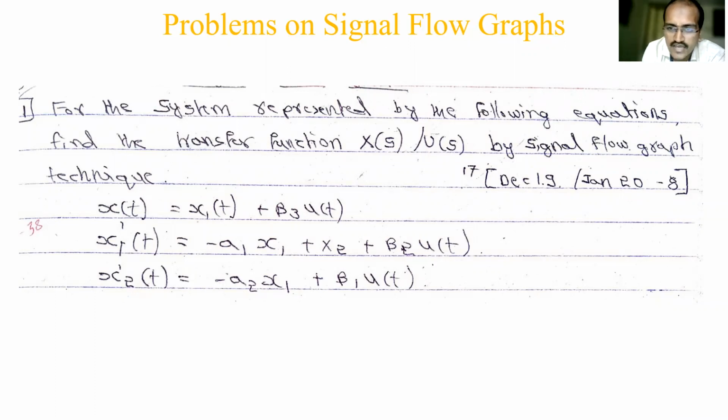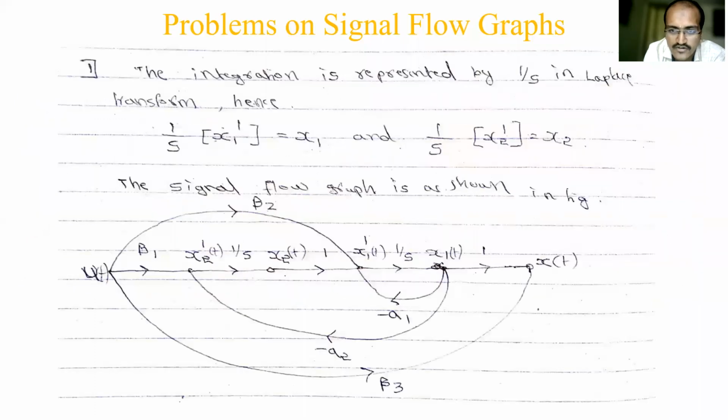One thing is the algebraic summation: whatever these equations are satisfying should not be avoided, and then the answer should come correct. It should match, rules should not be broken. So this is the trial and error I have done, and I have presented the signal flow graph. It will not come so easily when you try to solve it the first time. So that's, I think, your doubt. I worked it out, and finally I got this picture.